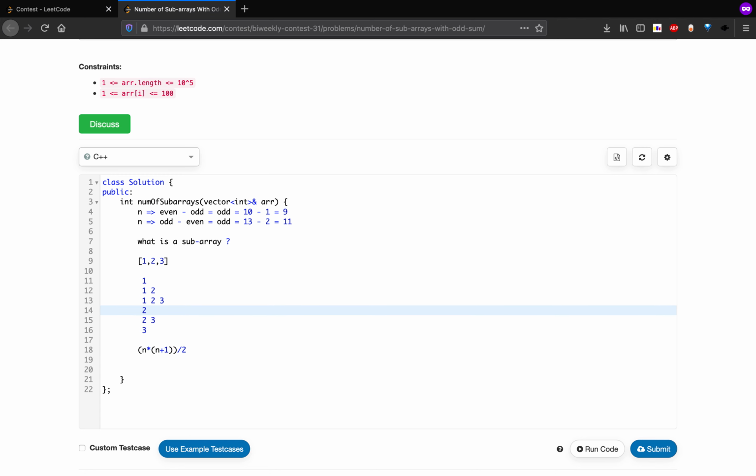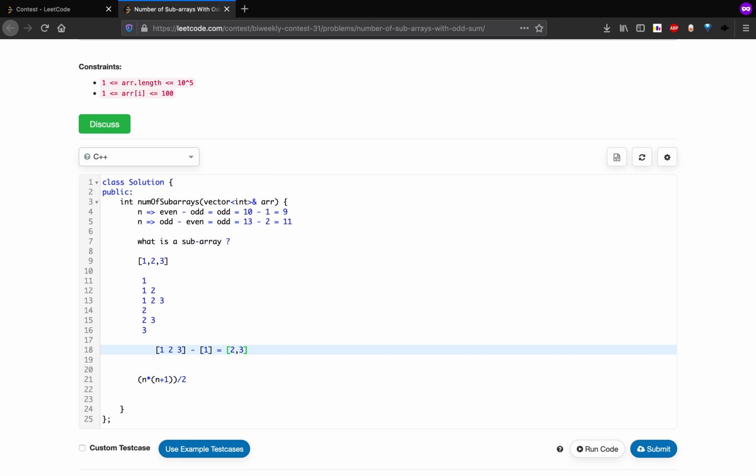If you look carefully, any subarray is nothing but the difference of two prefix arrays. For example, if we take 2 3, this is nothing but the difference between the prefix 1 2 3 and the prefix 1 itself. So 1 2 3 minus 1 as a subarray, we get 2 and 3.